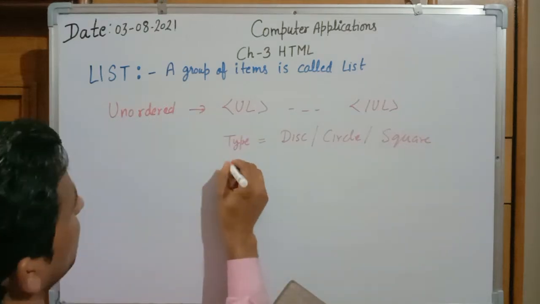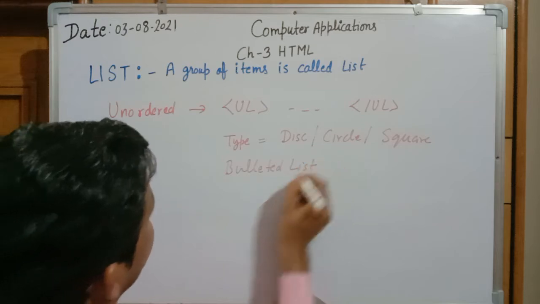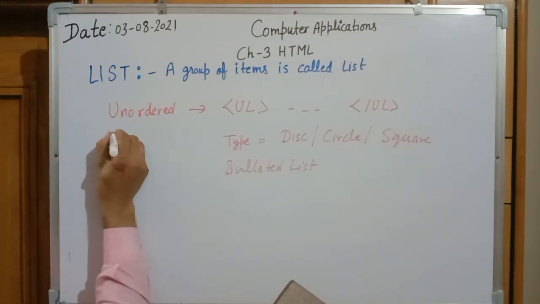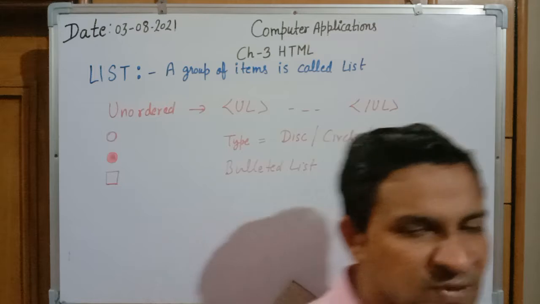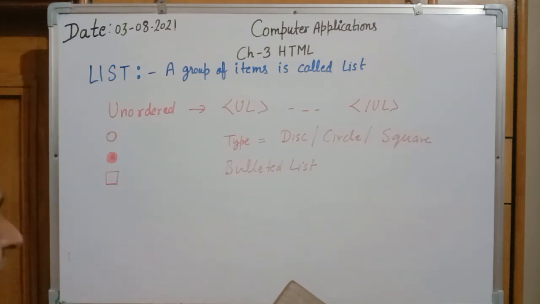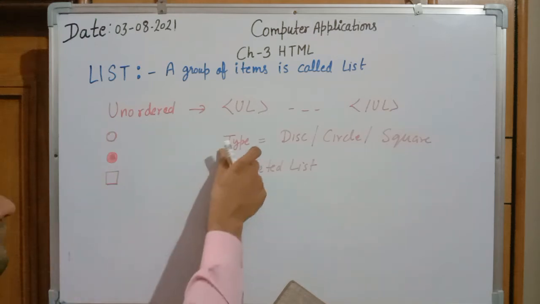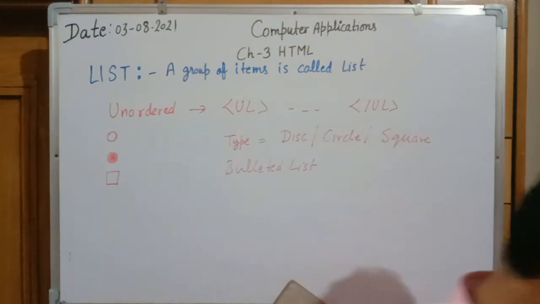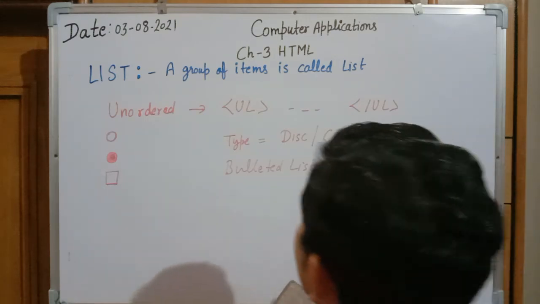And it is also known as a bulleted list. It represents the bullets. Like this is the concept of circle, square and disc. These types of symbols are present. No numeric sequence, no alphabetic sequence is present in an unordered list. So we need not give any starting position, because there is no sequence. We need to give only the type of the unordered list. See example number 15, on page number 109.